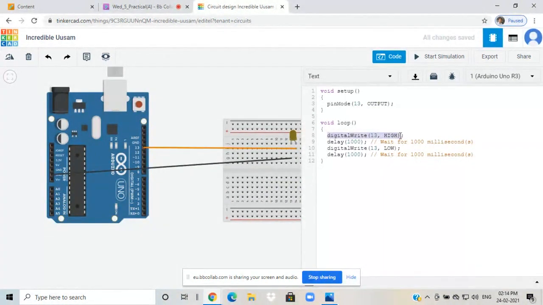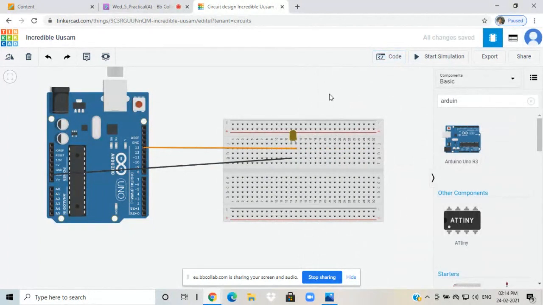Initially, we are giving the high, that is logical 1, up to which time, that is delay 1000. Okay, 1000 millisecond. Wait for 1000 milliseconds. Then after writing the high means logical 1, we are giving the low, that is logical 0, that is again for the 1000 millisecond. So this program is exactly right.